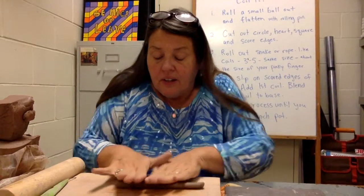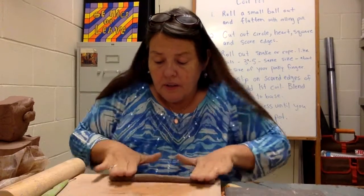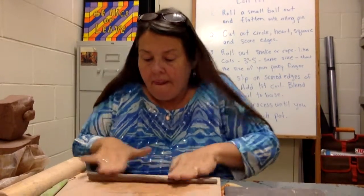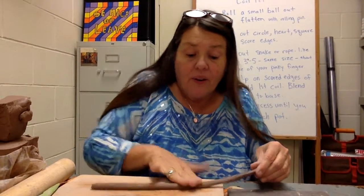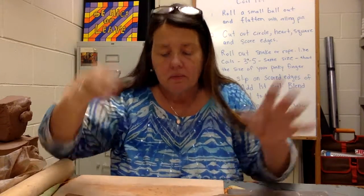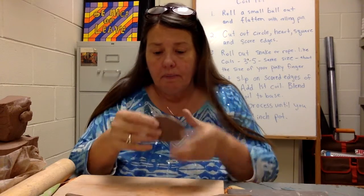Here I am rolling it out again, going back and forth, basically using this part of my hands. I've got my hands out flat like this and I'm just rolling. Okay, it's not that hard. Okay, and once again, about the size of my finger. Maybe not quite as bad, but some people like to say pencil size. That works either way. Okay, now I'm going to take my base, put it down, and I'm going to take